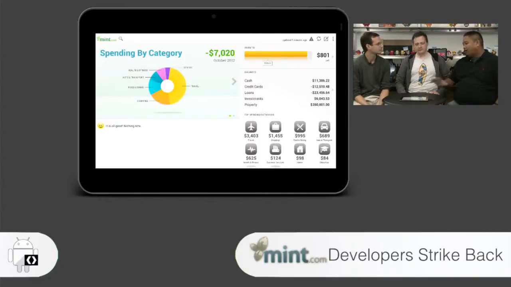Nice. So our analogy is our phone app is basically a snacking app. Throughout the day, you're popping peanuts or eating candy bars and whatnot. And with the tablet app, it's basically like a full meal. You'll sit down and digest the overview, and then you'll go deeper into budgets and start editing your budgets and things of that sort. I like that. That's a nice analogy.